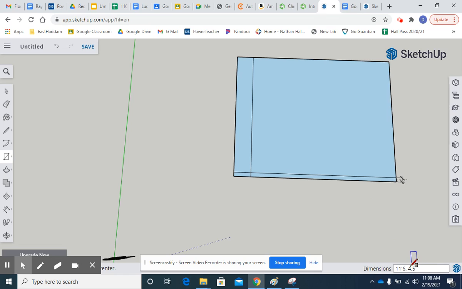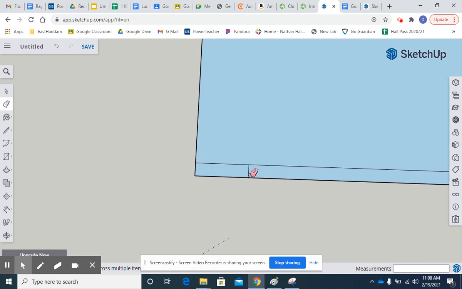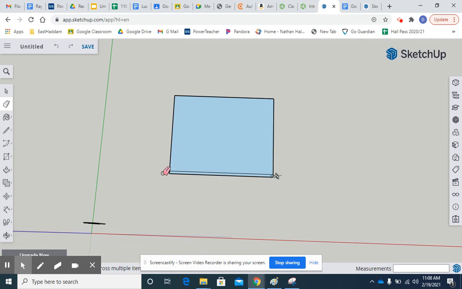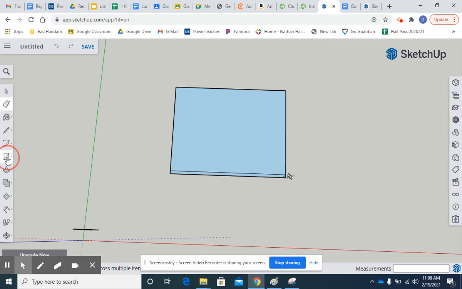Oh, what happened there? I did a period, not a comma, so that gives me an error. So I'm going to delete that. So I'm going here to the eraser tool, deleting that. Actually, I'm just going to undo, because instead of deleting just one line, it gets rid of the whole rectangle. Then I'll go back to the rectangle,